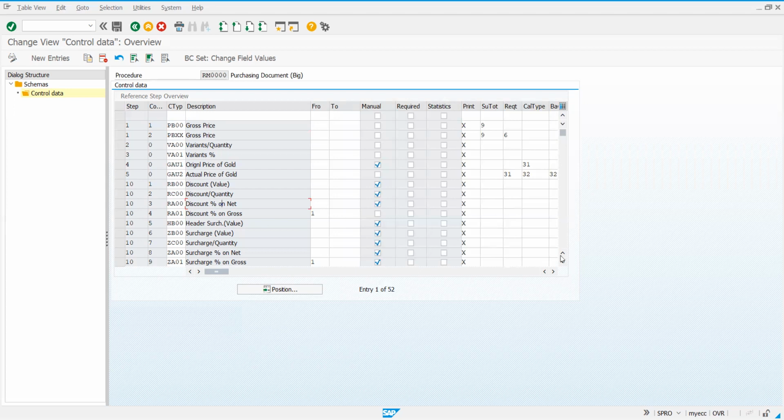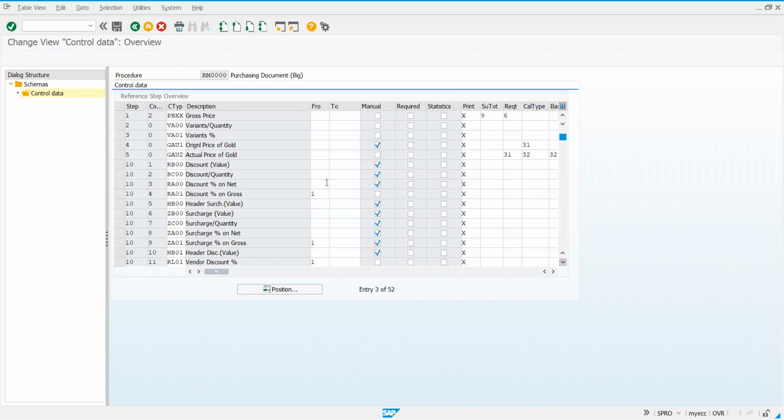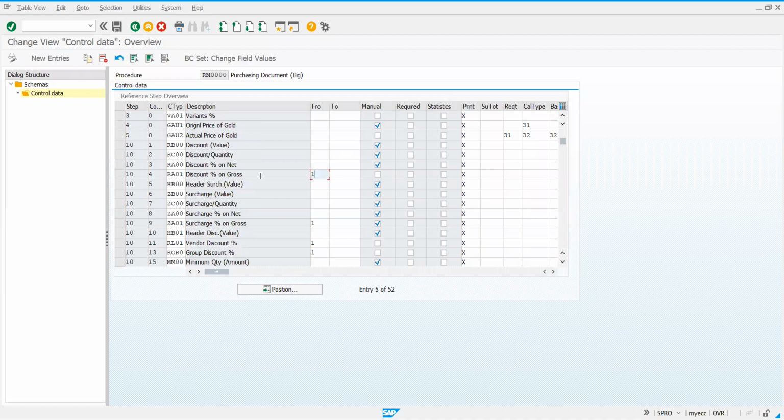Now slowly I'll scroll down. You just observe in condition types itself. See, discount, this is step number 10. Just observe, discount is step number 10. And now observe RA01: as it is discount on gross price, it is reading from step 1. What is step 1?